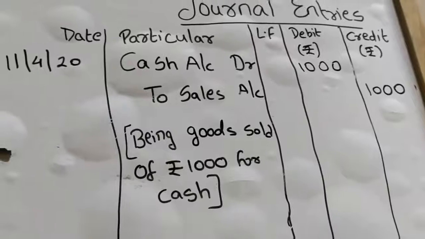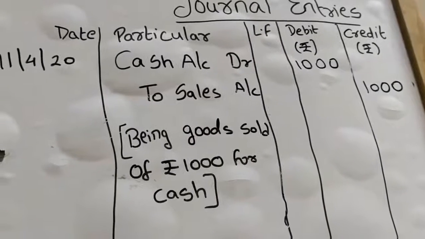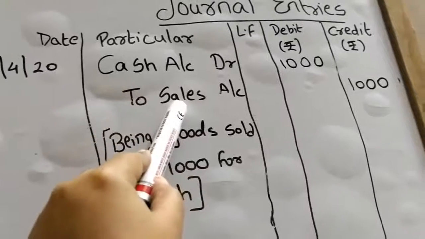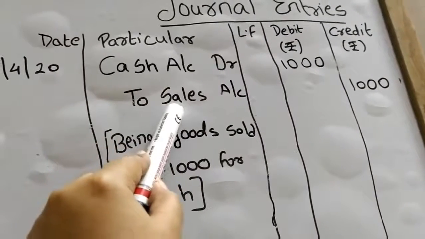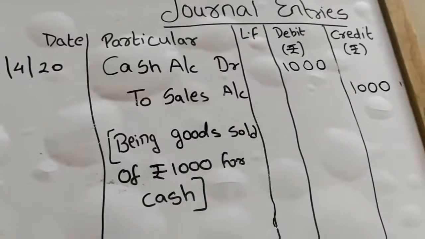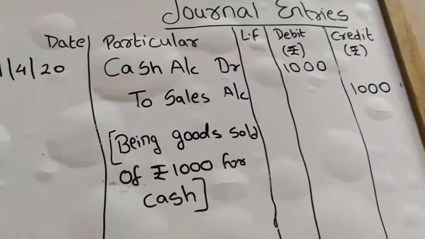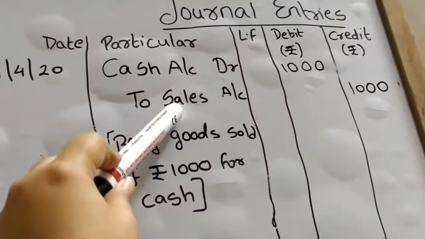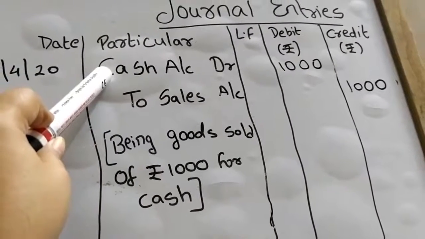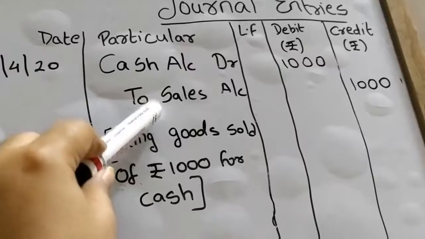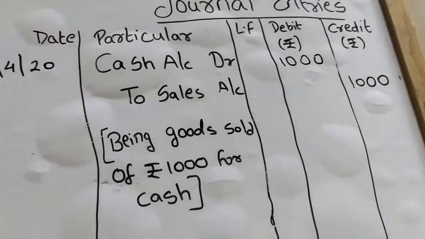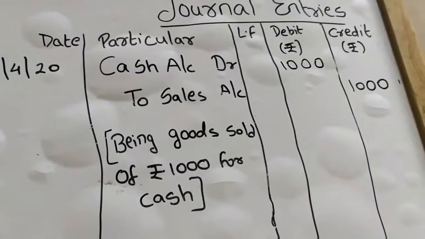And the other golden rule is debit all expenses and losses and credit all incomes and gains. Is sales an income for the organization? Yes. Sales is an income. While we sell something, we get money. Okay. So this is a form of income. So this has to be credited. So debit what comes in, and here it is credit all incomes. So these are the 2 rules we have used.